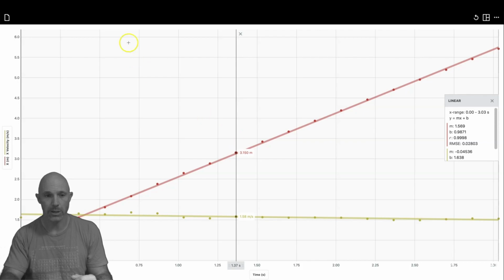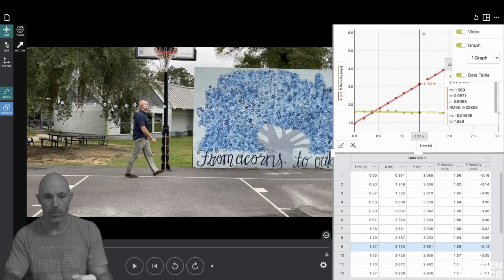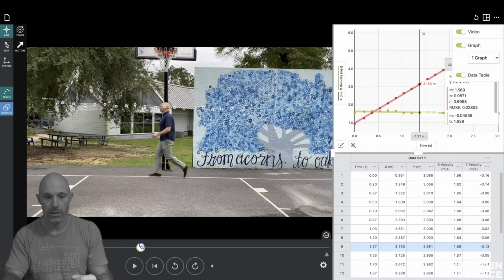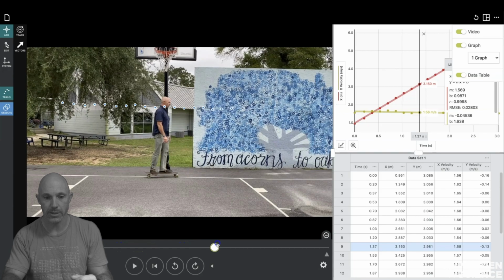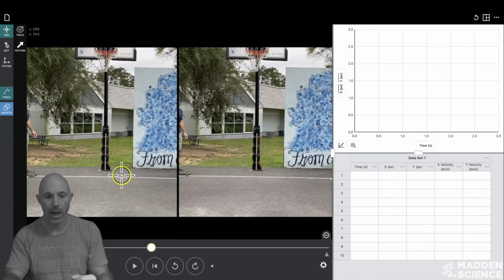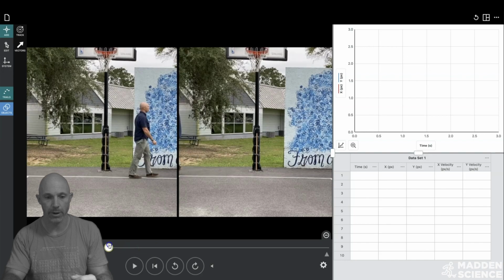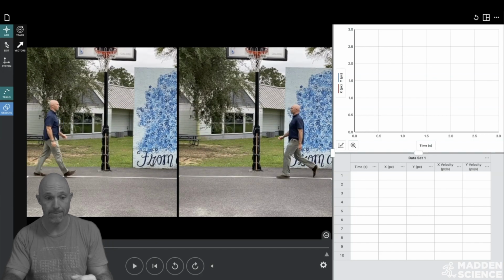All right, let's look at comparing these two. So I can go back and look here at just the video and data table, and I could compare blue and then walk in the other direction and then skateboarding. That would be all fine. For now, I'm going to compare them directly. So I put these side by side. I'm going to start it here. I'm going to start it here